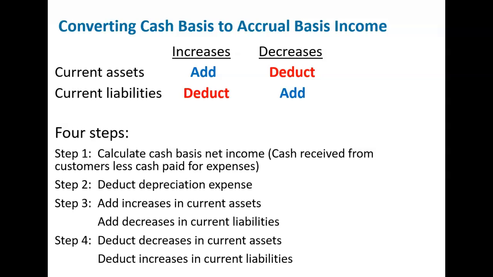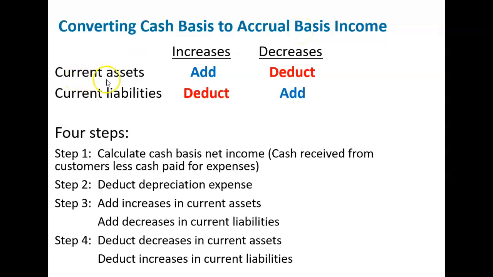Now, I'm going to point out something on this slide and in your textbook that is absolutely critical for you to get these things figured out. Illustration 2-19 in your textbook is the same as this illustration right here on this slide. It is so important that you should flag Illustration 2-19 in your textbook. And it gives you a formula. It's like following a recipe for making a cake. It gives you the formula to use in converting from the cash basis net income to the accrual basis net